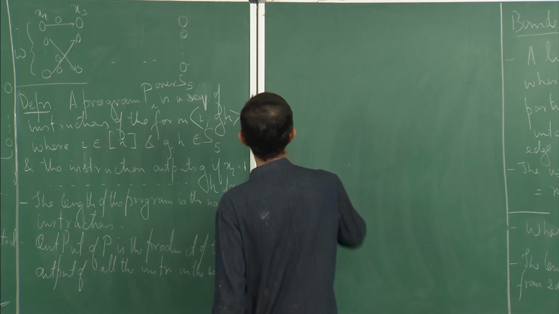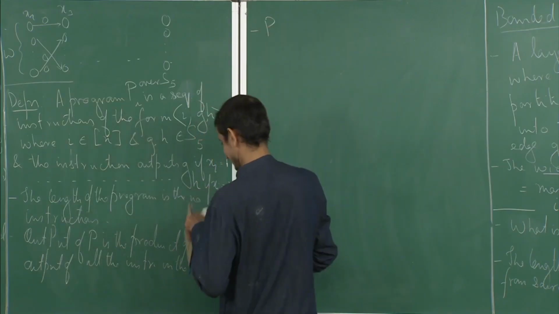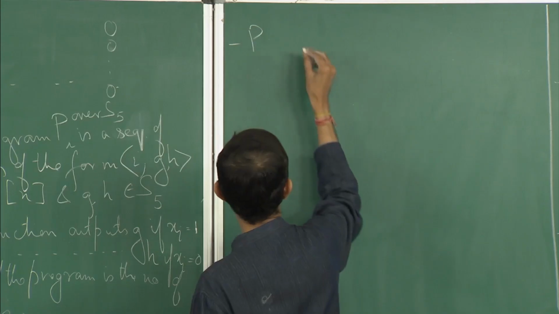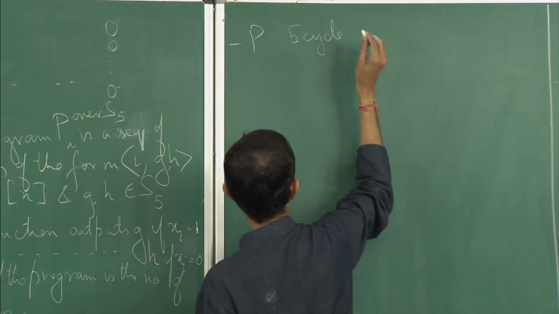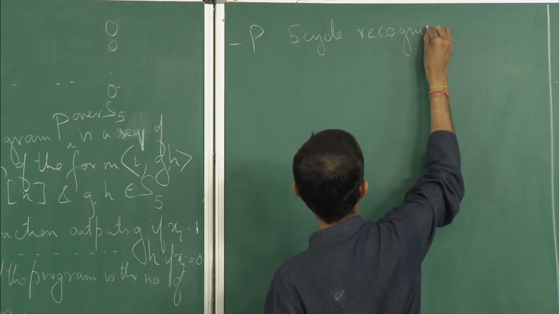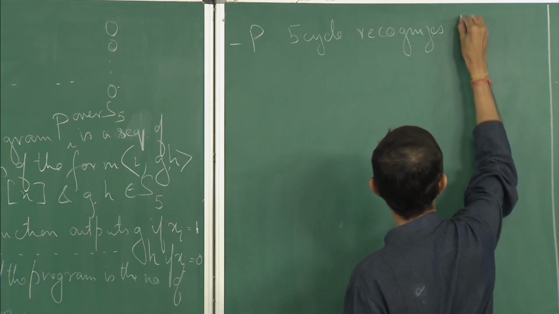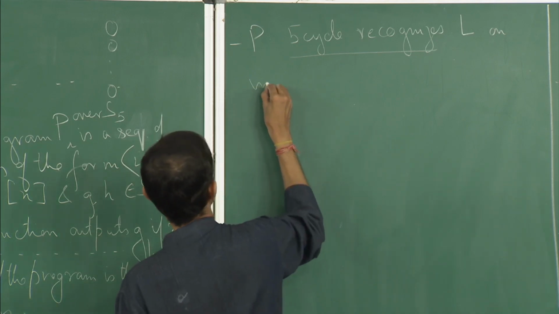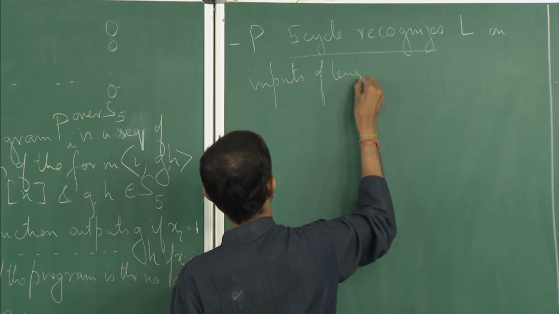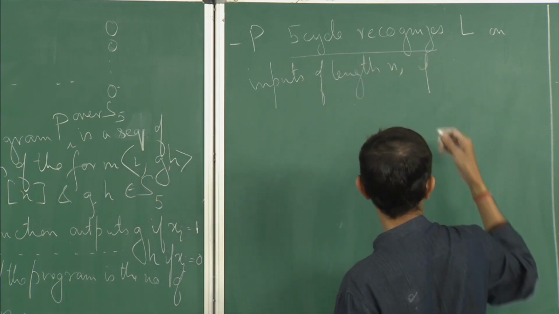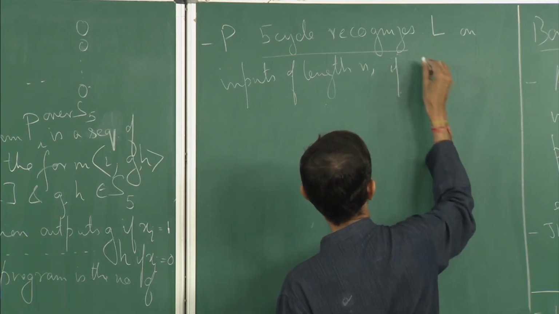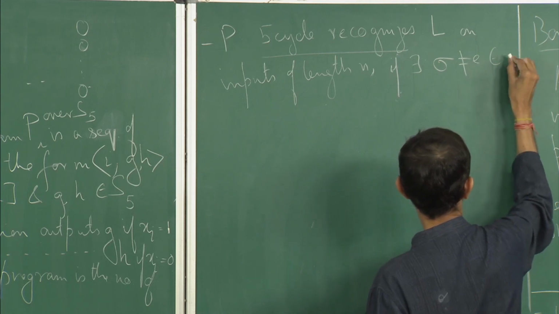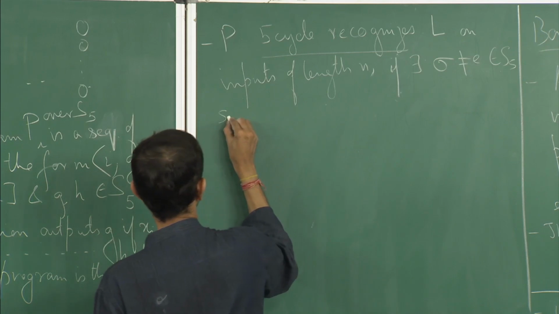So, a program P over 5-cycles recognizes L on inputs of length n if there is a permutation sigma not equal to identity in S5 such that